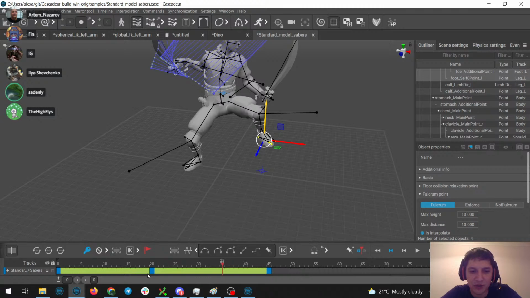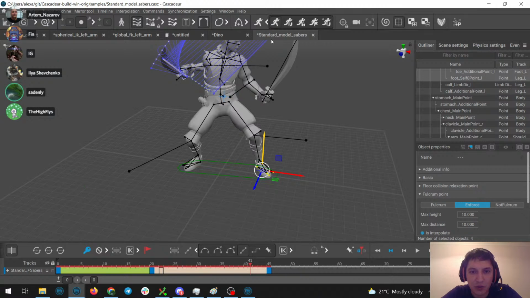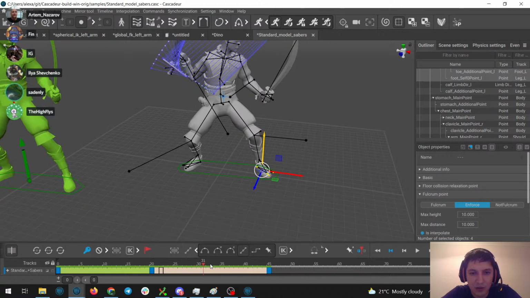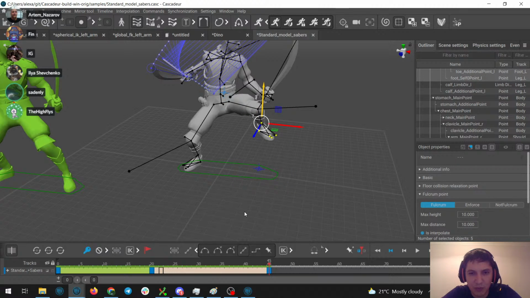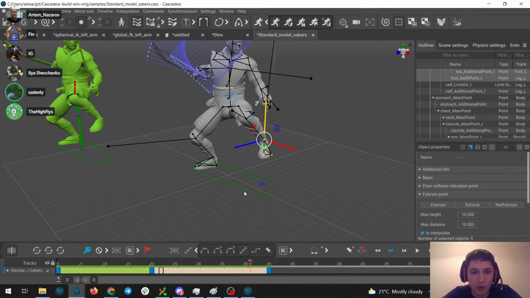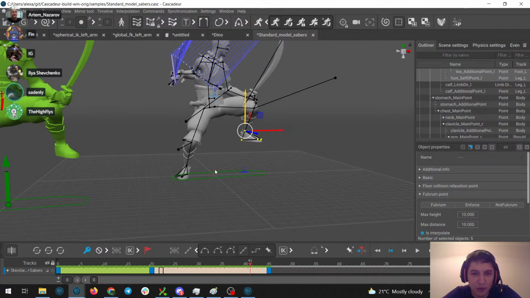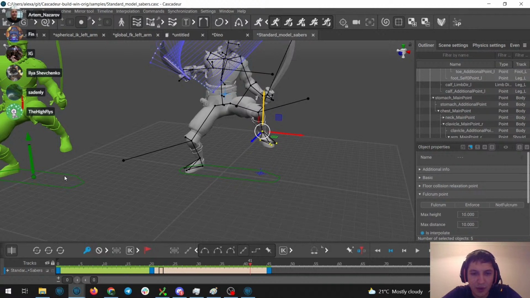If I press enforce here and put linear interpolation, and turn on physics, and then let me move it up, you can see that the support area doesn't go up, it stays where it is.